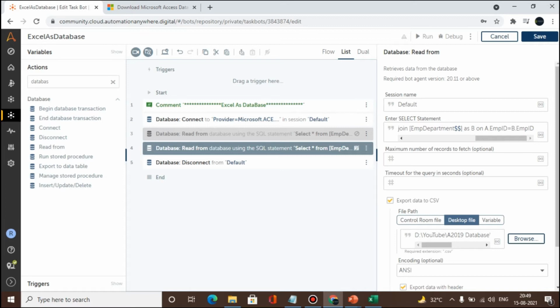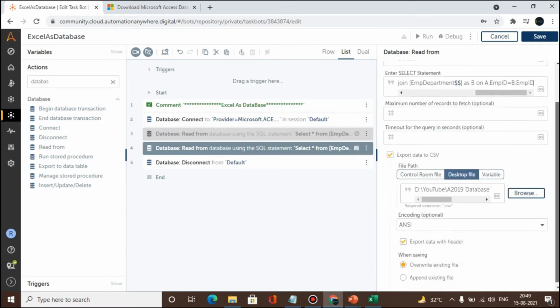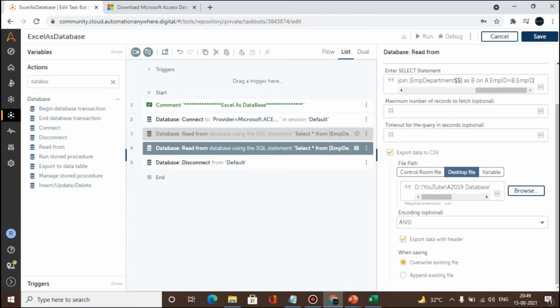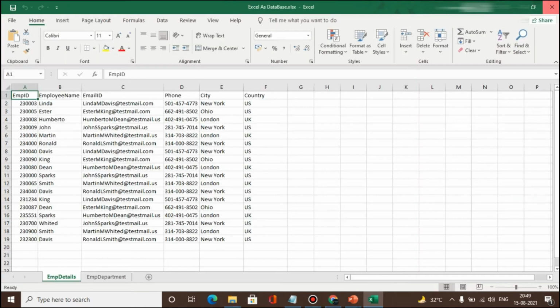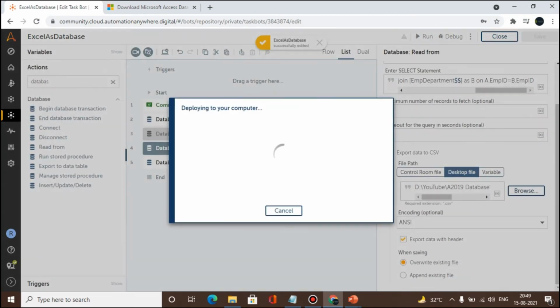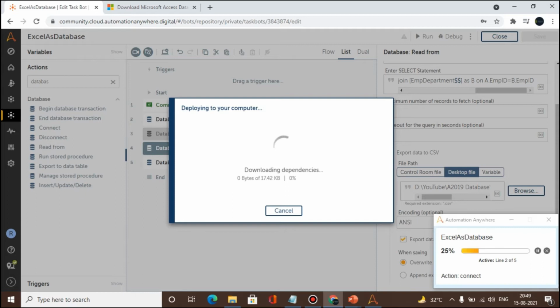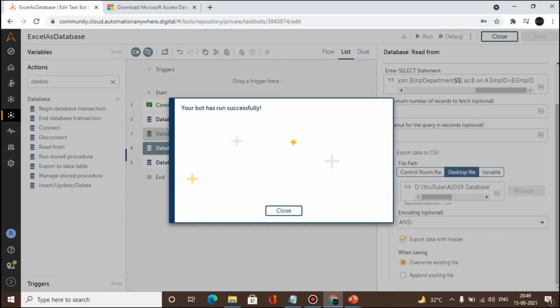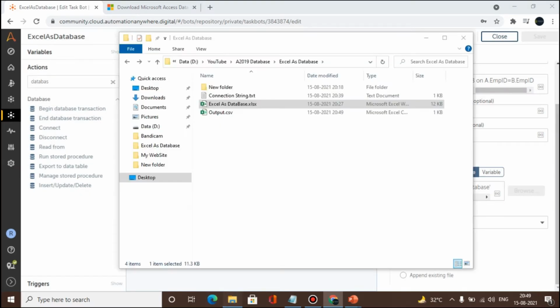So this is the join query. Now let's say after this join I want to create the output. I'm going to use the same output folder. Okay, now let's see the output file.